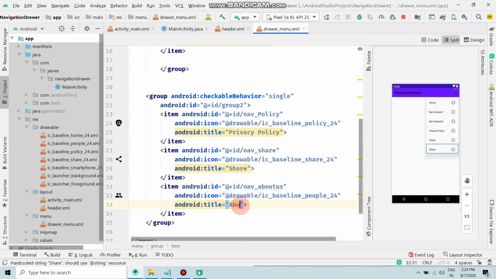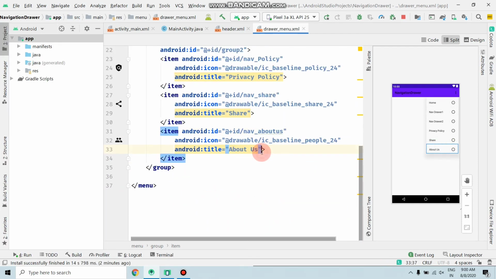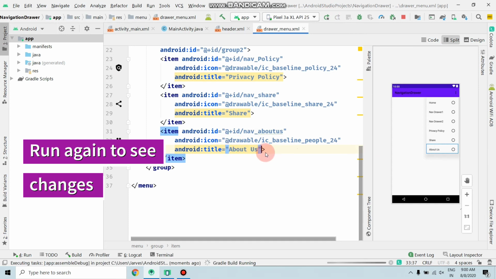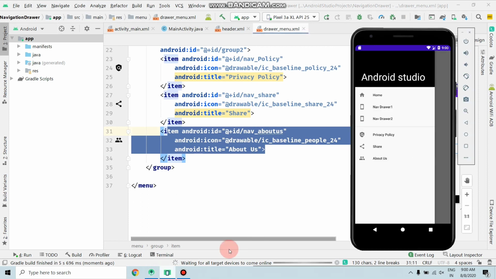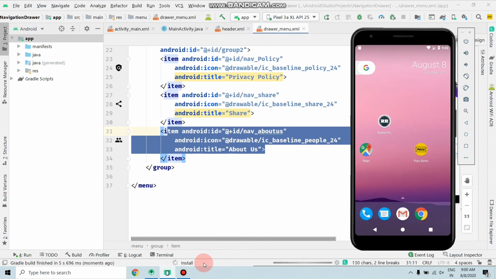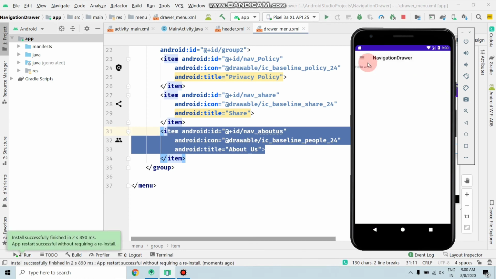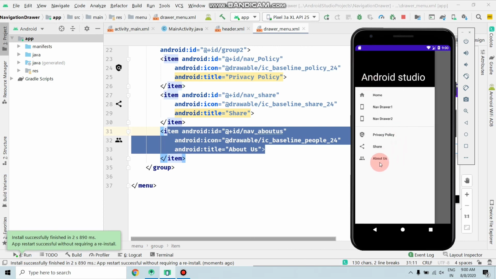And let's see how to change the title. So remove this and write about us, and after a few seconds it will be changed here. As you can see, about us is changed. So let's run again and see whether about us is added or not. The project is building. The app is installing. Launching activity. Click here. So guys, as you can see, the about us tab is visible here,